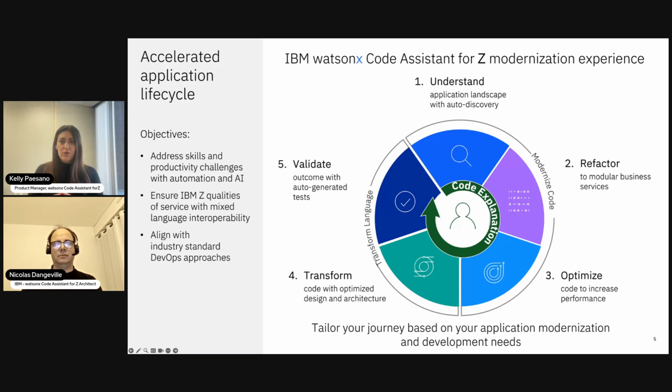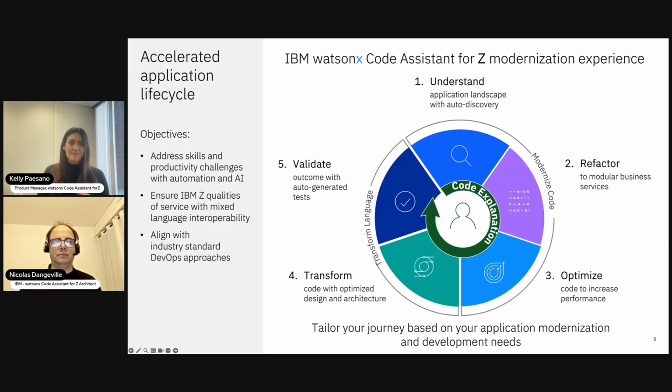And then after transforming, you need to validate. The validation capability streamlines and accelerates testing of the new Java code. It automatically generates unit tests to ensure semantic equivalence of the translated Java to the original COBOL code.